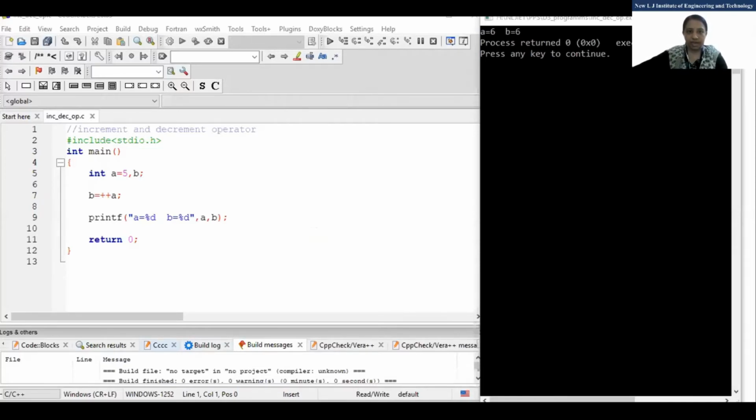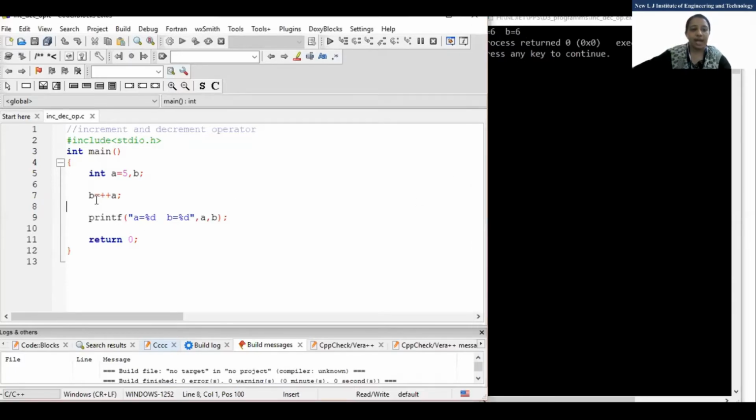Okay. So what happened here? You can see the value of A is also 6 and B is also 6. Clear?